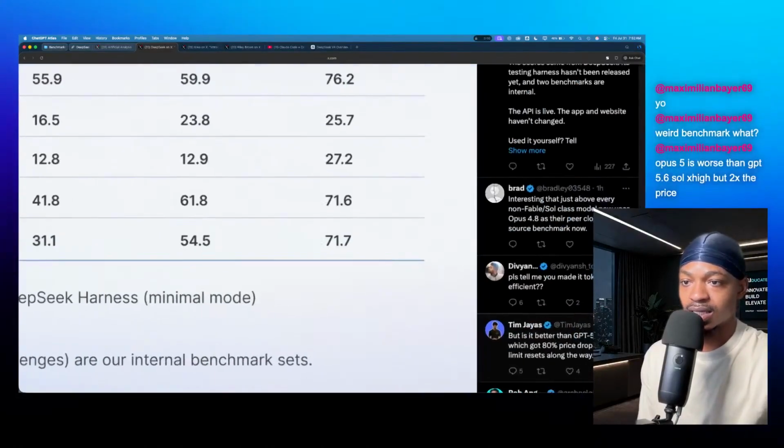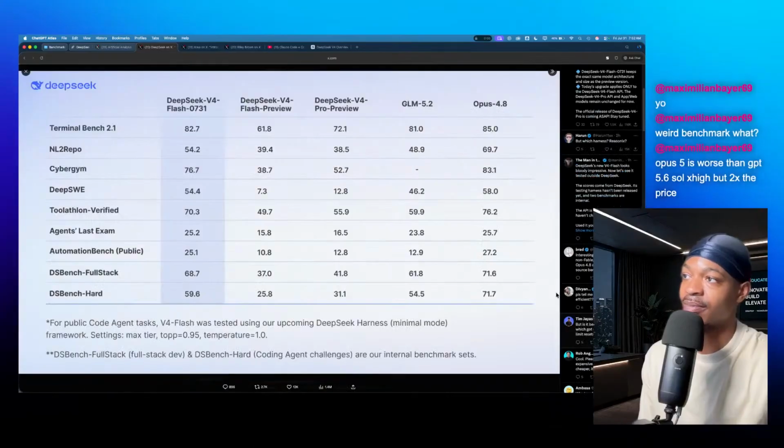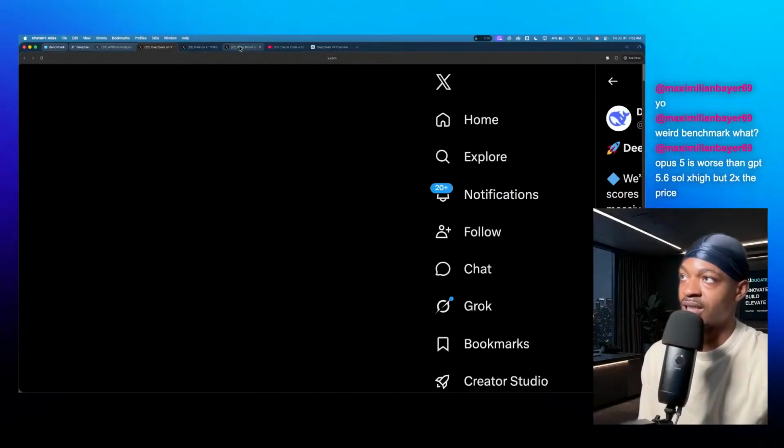But is it better than GPT 5.6 Luna, which got 80% price drop? And that leads me into the next piece of news, which is